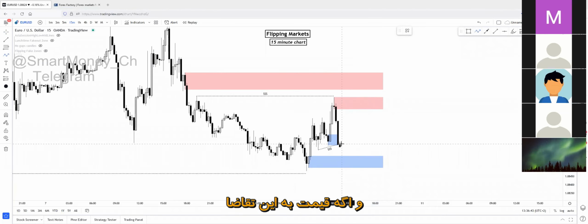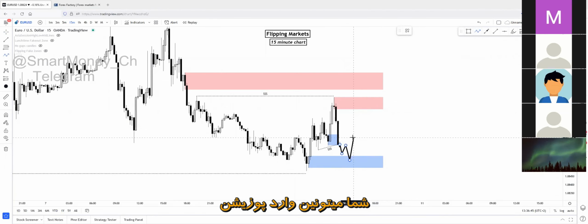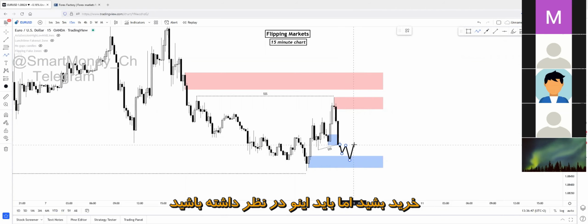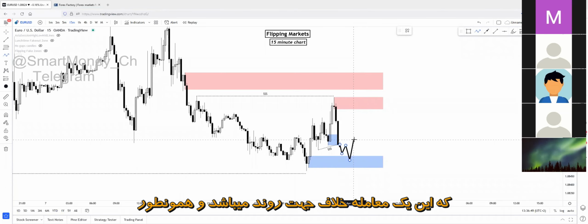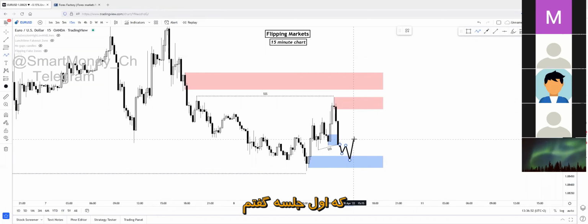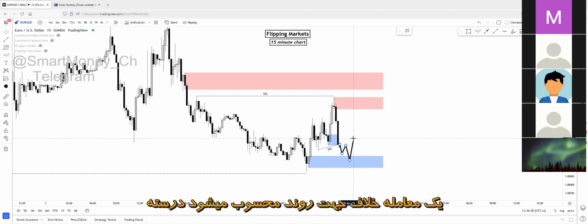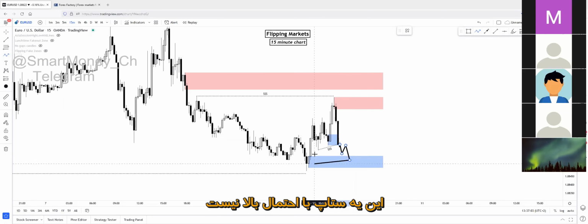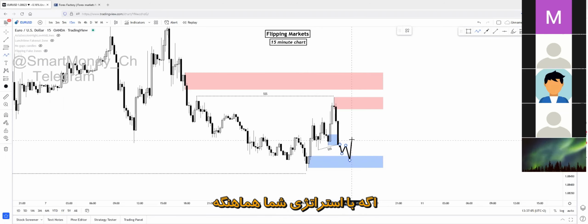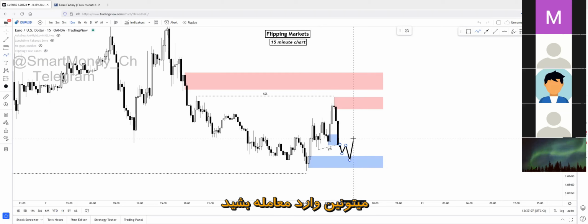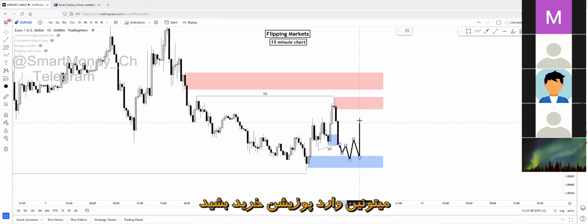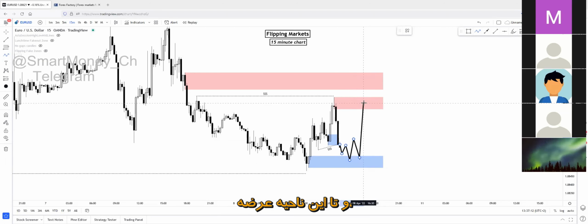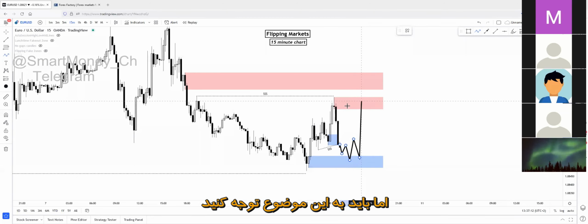And if the reinspection of this demand zone happens, you'll be able to safely execute a long order, knowing the fact that it is a counter trend trade. As I said at the beginning of this session, executing every single long opportunity will be a counter trend opportunity. And this demand zone is a low probability setup. This won't be a high probability setup. You can safely execute it if it fits your criteria. You can go for that long opportunity and trade it up to this supply zone.